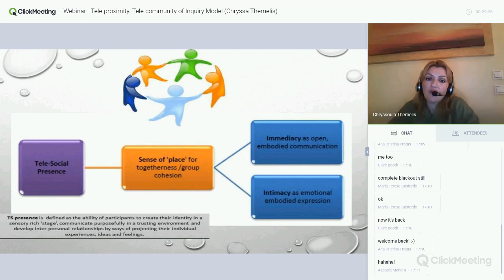So the video conferencing seems for my informants to create a sense of place, for togetherness, for group cohesion, promotes immediacy as open embodied communication, and intimacy as emotional embodied expression.